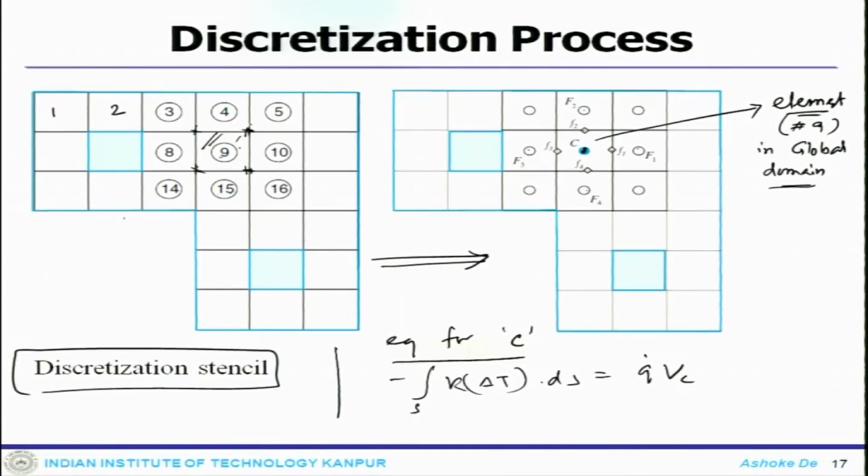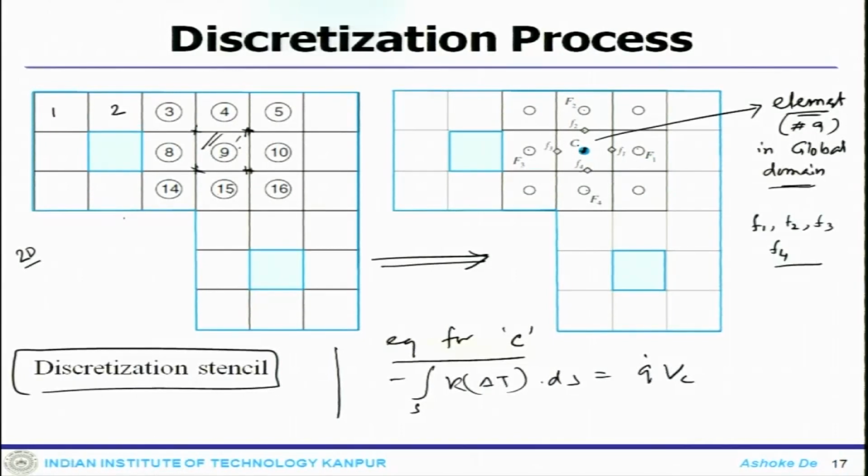Since we are looking at a 2-dimensional structure, it has only 4 corners. Also, since you are in a 2D domain, element number 9, if you look at this particular picture, is connected with 4 faces: face 1, face 2, face 3 and face 4. Now, if you move to a 3-dimensional domain, there will be 6 faces, because then you will get a hexahedral element. Right now these are quadrilateral elements, and a quadrilateral element has only 4 faces.